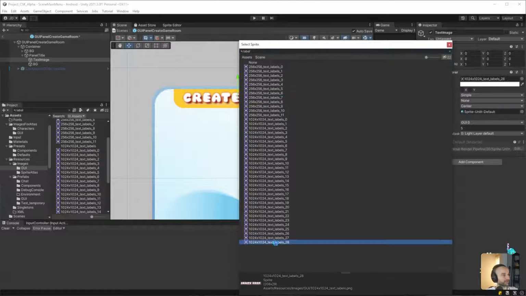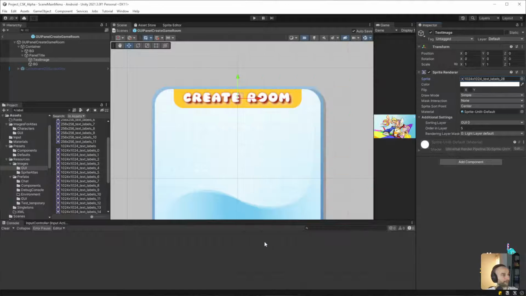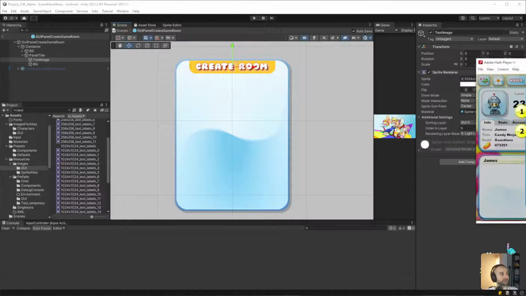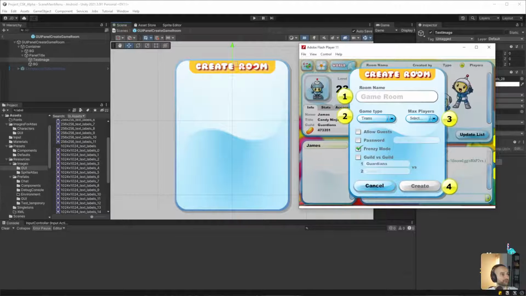And I think it's the last one. Yeah. Okay. Now we have create room. So that's a good start, right? It looks similar. It looks quite similar, actually. But it will deviate, of course, to an extent. Not sure exactly how much, but it will deviate to a certain extent, we'll say.